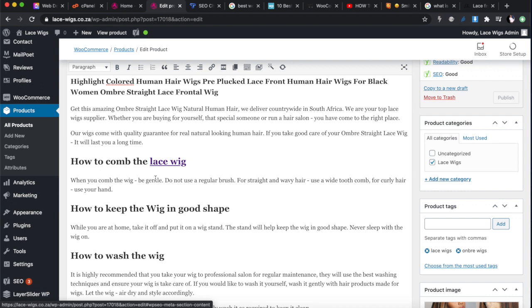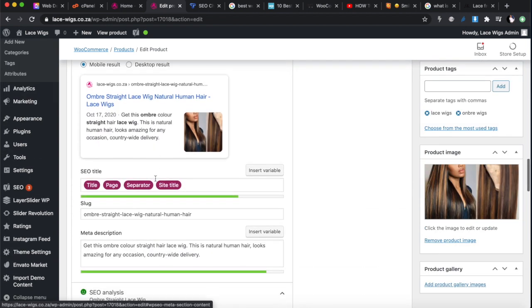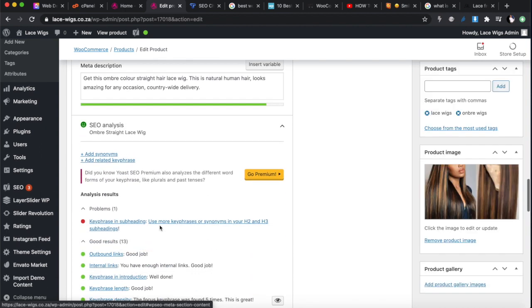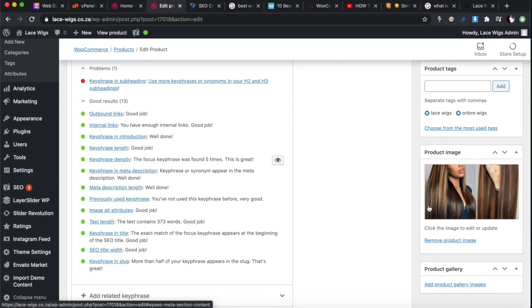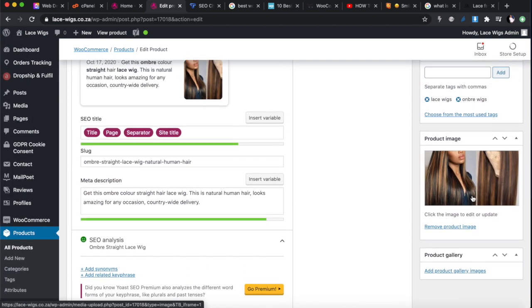As far as on-page SEO for the product page, we are definitely done. And every other page that you do is designed the same. You will have your readability and your SEO score. You've got to get green on all these things. You've got to get your product image, name the product properly, and have the alt image. I mean, all of the things we went through. That's how you do it.